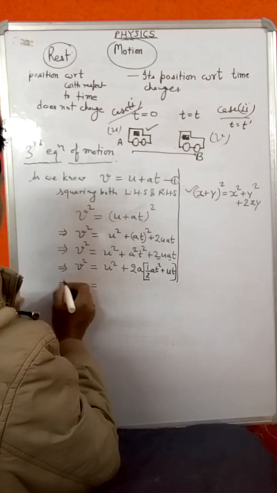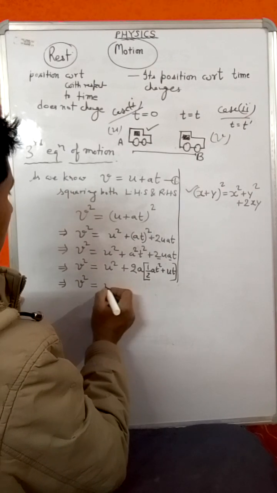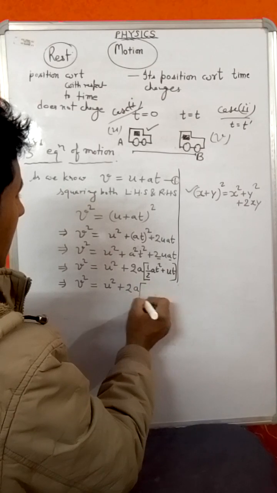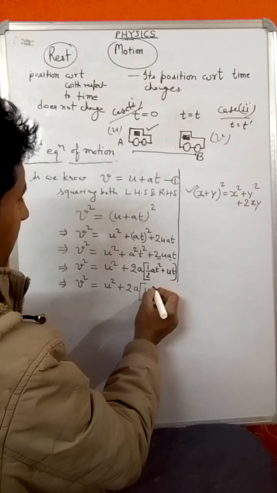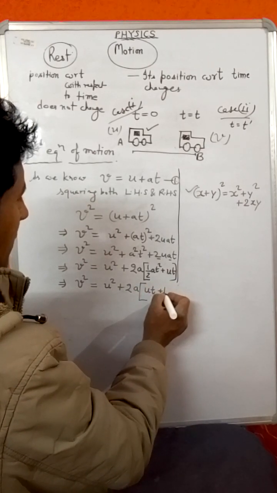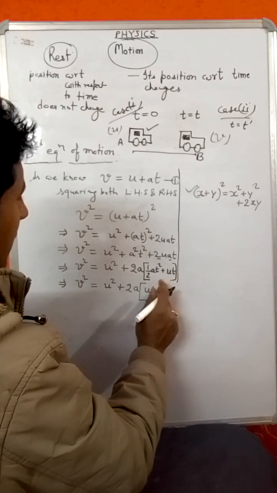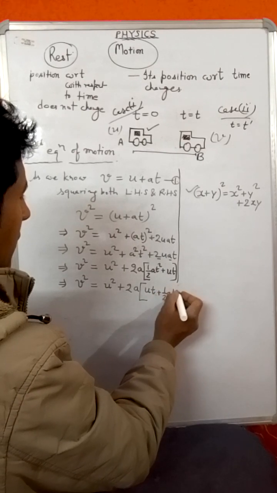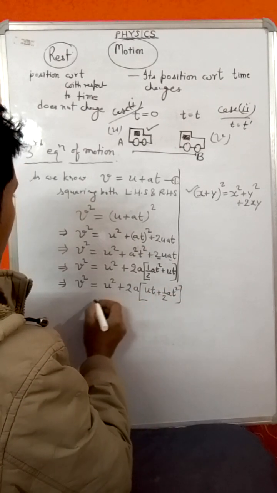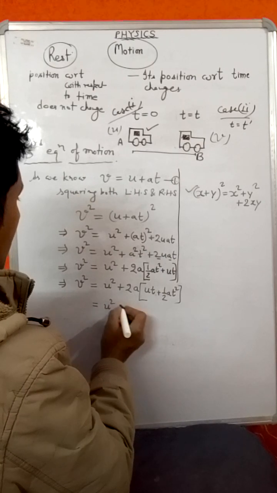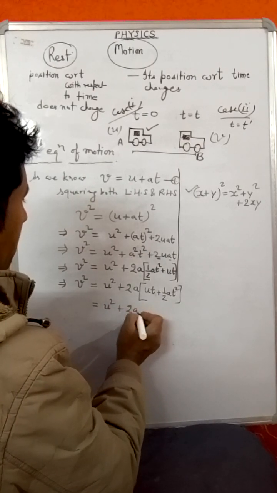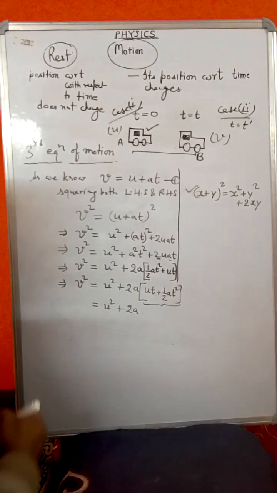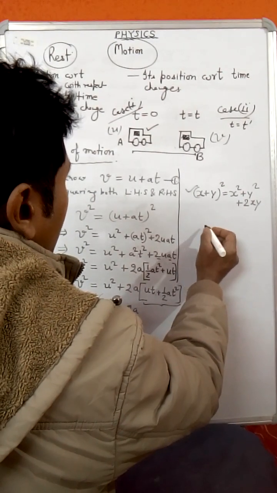So hence we can write v square is equal to u square plus 2a, and this one we can just rearrange the term: ut plus half a t square. Now u square plus 2a, now what is this term? If you see that